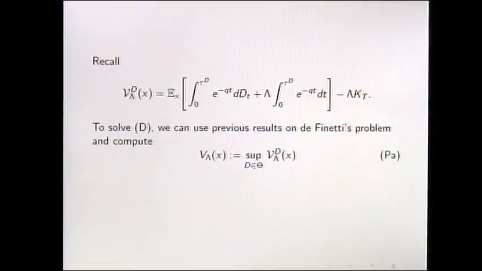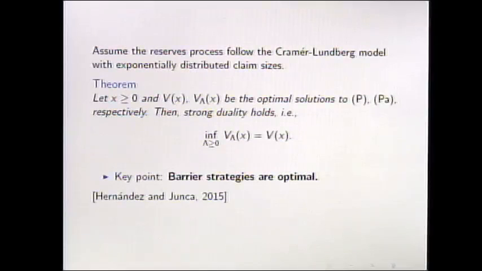So we're going to focus on solving this problem, which is the auxiliary problem, which is now a standard control problem. So we want to find what is the solution of this problem, and try to use it to prove that there is no duality gap for our original problem. So we started with a simple scenario, which is the case of the Cramér-Lundberg model, which is basically a compound Poisson process with a positive drift with exponential claims.